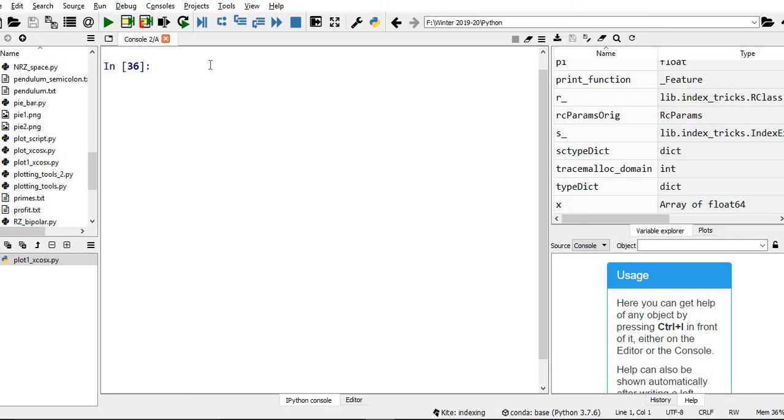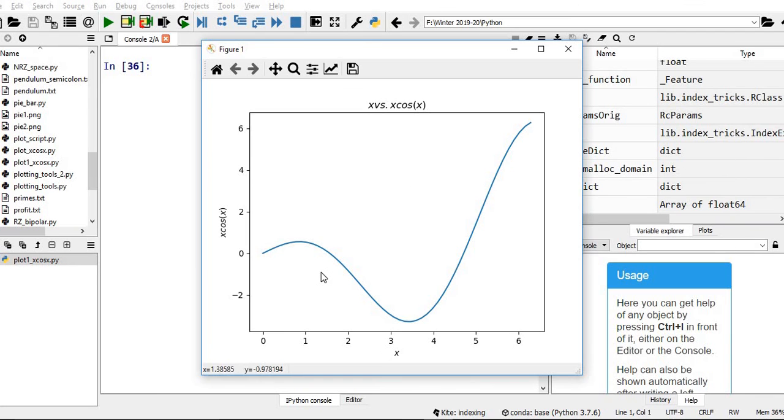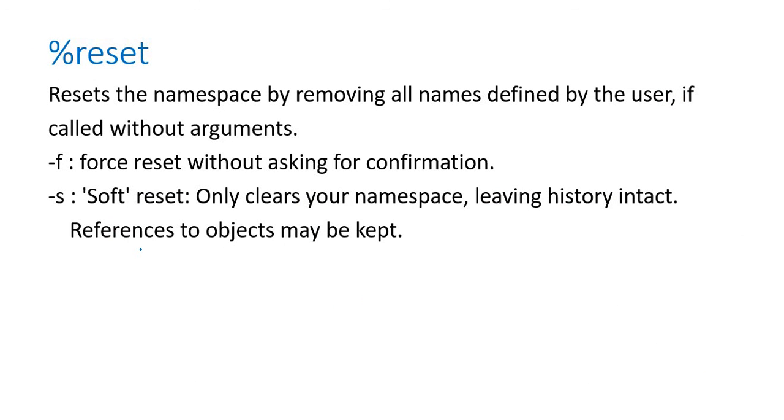If you want to clear the variables, you can go for %reset. If you don't give any specific -f or -s, it will ask for confirmation whether you want to delete, so you have to give yes or no. If you give -f, it is a hard reset, so it won't ask any confirmation, it directly resets.